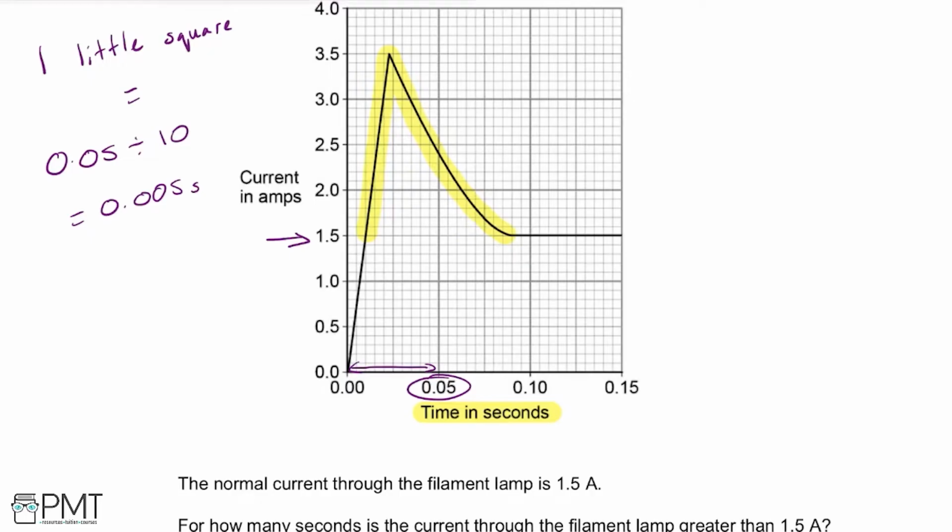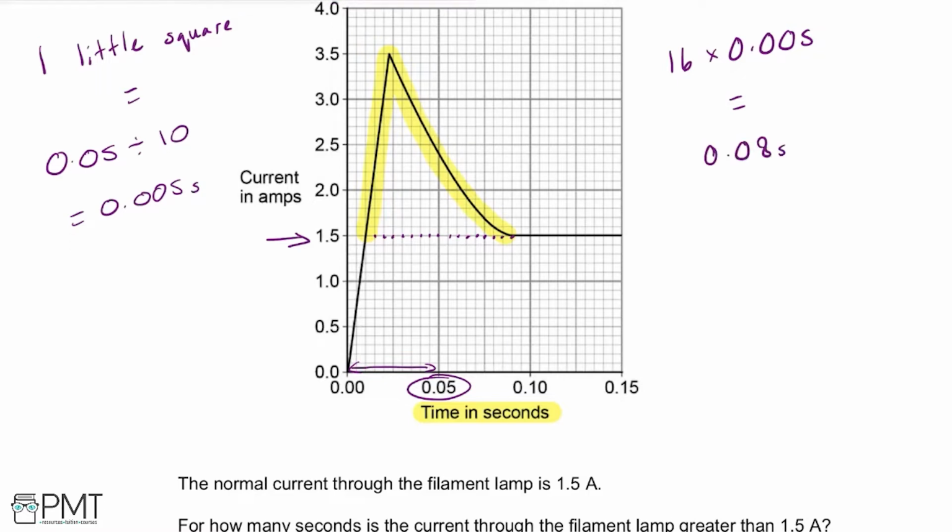So now we're just going to count how many little squares there are between the 2 points. So 1, 2, 3, 4, 5, 6, 7, 8, 9, 10, 11, 12, 13, 14, 15, 16. 16 little squares. You could also do this, count how many big squares there are altogether, and then add on any more little squares, and that would give you the same answer at the end, but we're just going to do little squares. So we've got 16 little squares. We're going to times that by the time that each little square represents, so 0.005 seconds, and that will give us